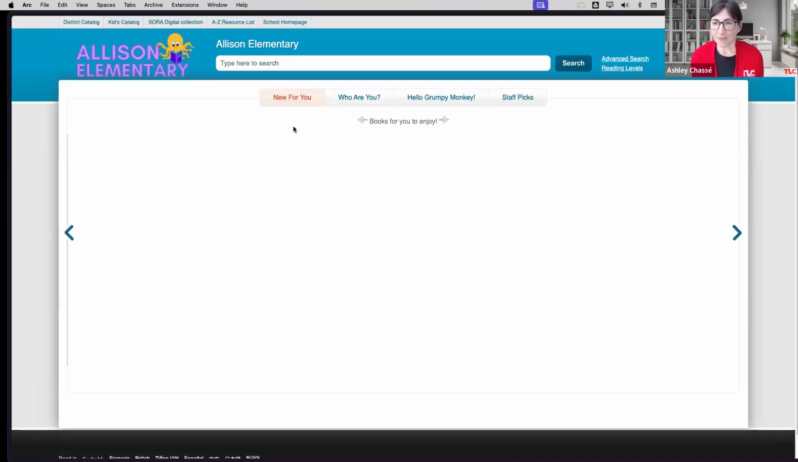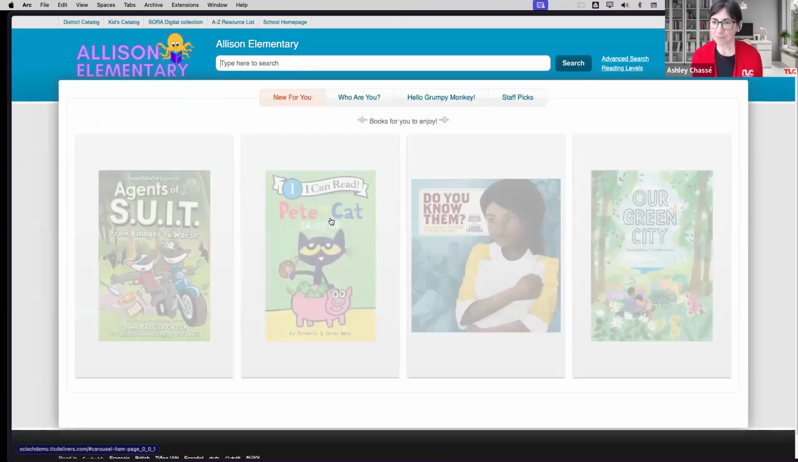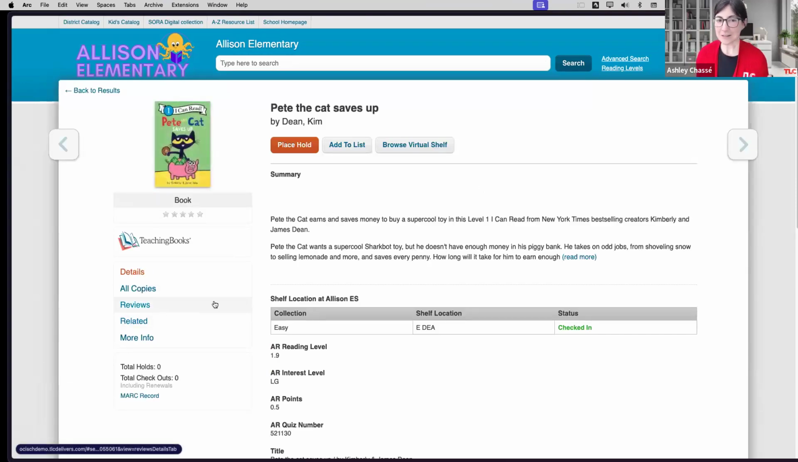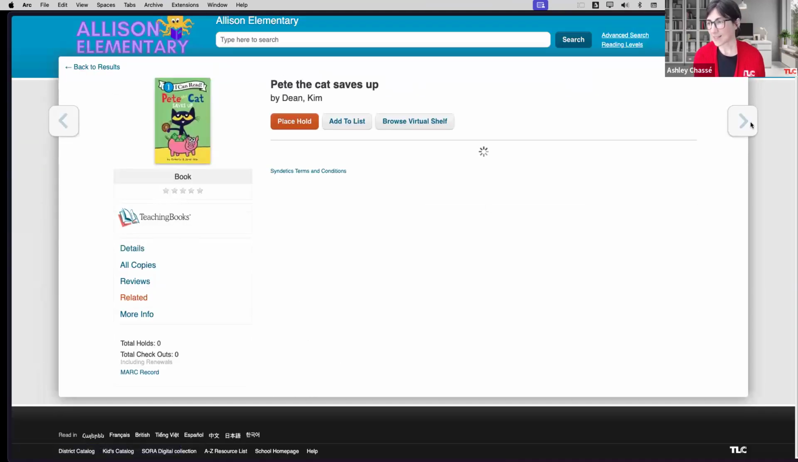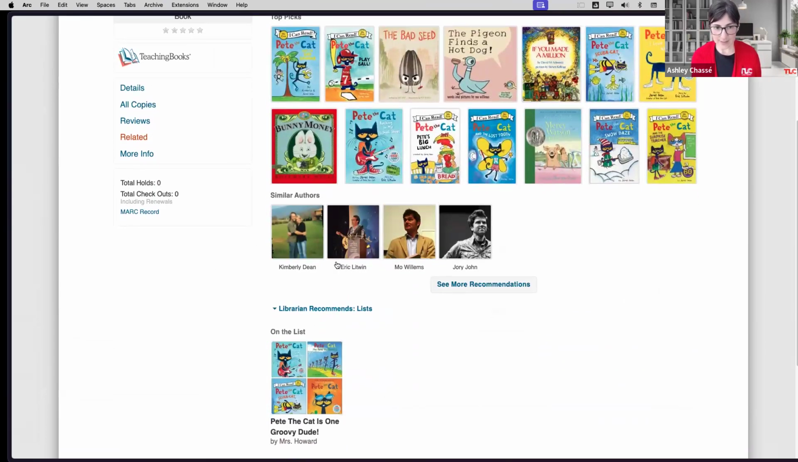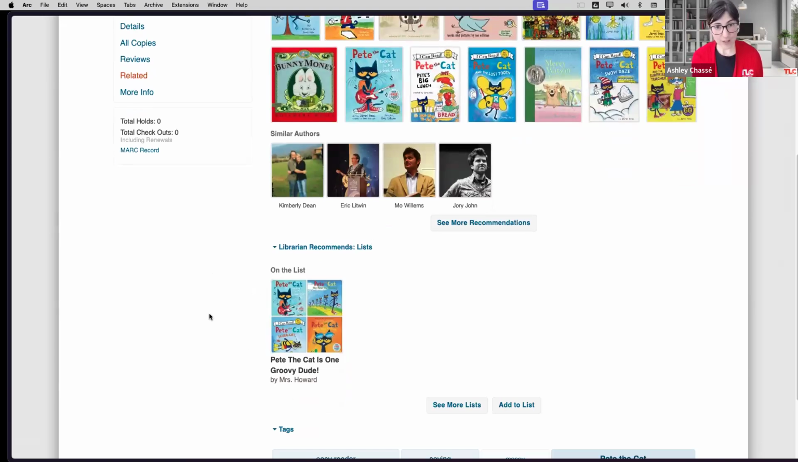We're going to go back to my favorite, Pete the Cat. And go back to the related content, and you may have seen a little peek of it as I was going through. You're going to notice something called Librarian Recommends Lists. If you don't have this enabled by TLC support, it won't show. If you do, and there's a related list that you've created, you're going to see that show up in our related view. If you click on it,